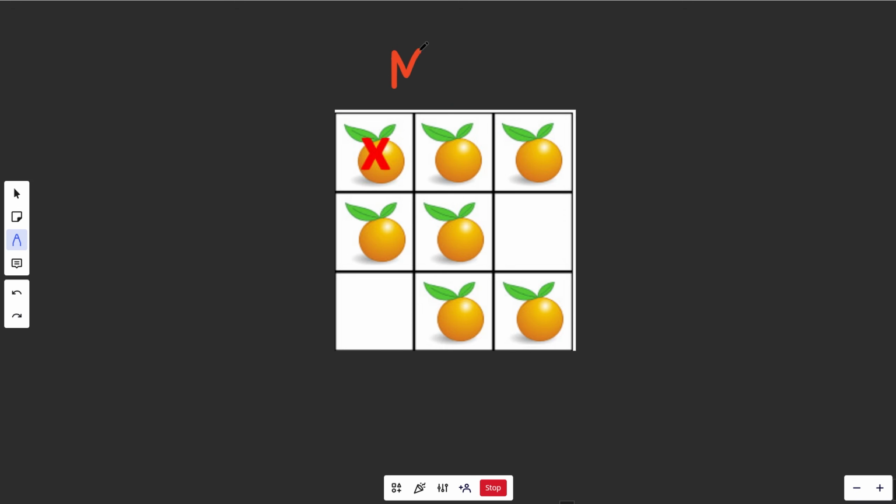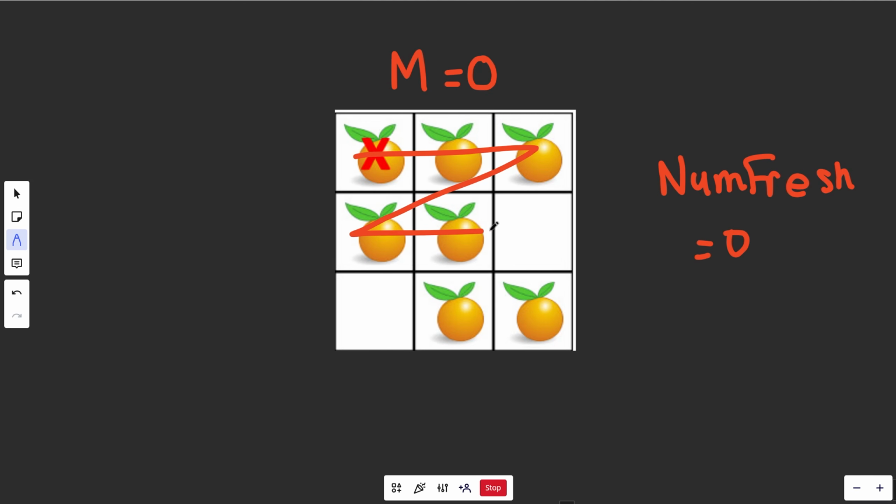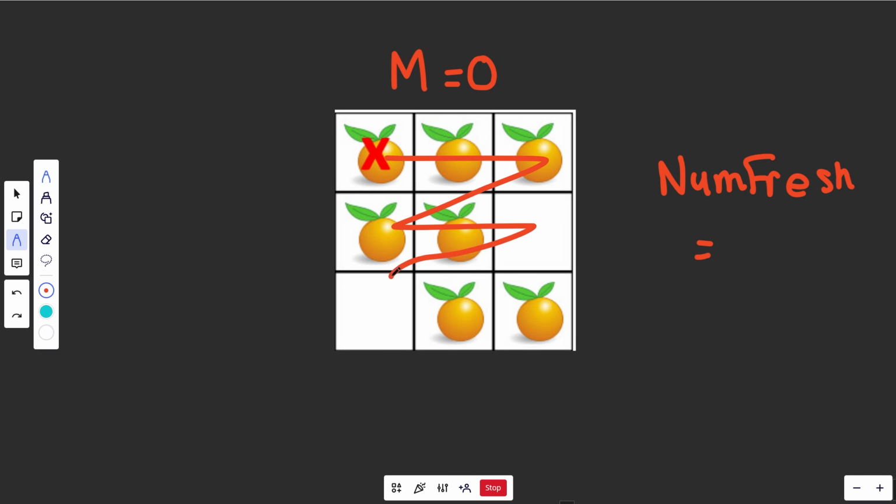Now, in addition to counting up the number of minutes, which I'll just call m, setting that to be 0, since this starts at minute 0, we'd also want to know the number of fresh oranges. So I'll call that num fresh here. And that also starts at 0 because we just don't know what it is yet. So the first thing you would do is iterate through this grid. And whenever we see a 1, remember these are all actually 1 values, whenever we see a 1 on a position i, j, we're just going to increment num fresh. So after we iterate through the whole board here, you would count up that we have a total of 6